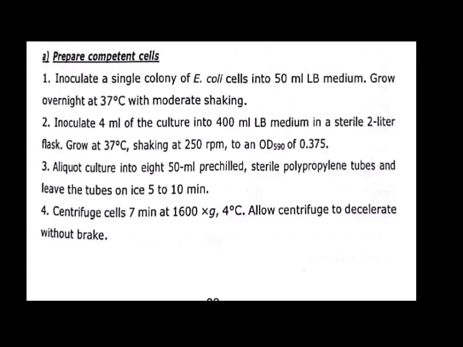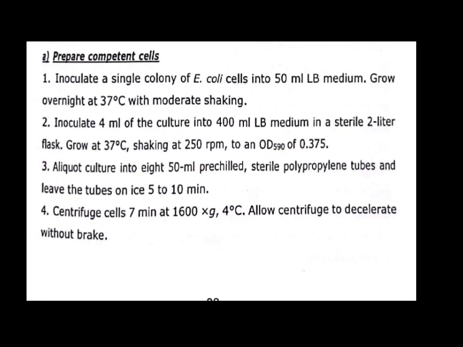A. Prepare competent cells. Step number 1. Inoculate a single colony of E. coli cells into 50 ml LB medium. Grow overnight at 37 degrees Celsius with moderate shaking. Step number 2. Inoculate 4 ml of the culture into 400 ml LB medium in a sterile 2-liter flask. Grow at 37 degrees Celsius, shaking at 250 RPM to an OD 590 of